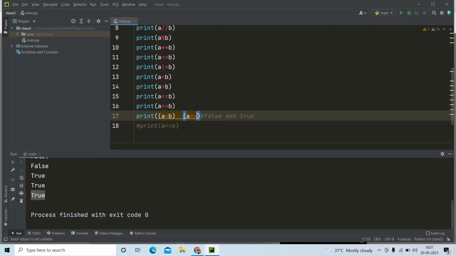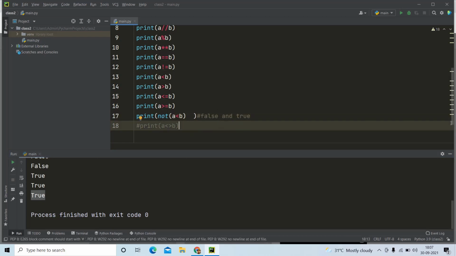We can try to see the NOT operator. If I prefix this condition with NOT, actually A is lesser than B is false. Since it is false, it will give the reverse answer. So I am running and showing you, it is printing true because A is lesser than B is false, and it reverses whatever it gets.